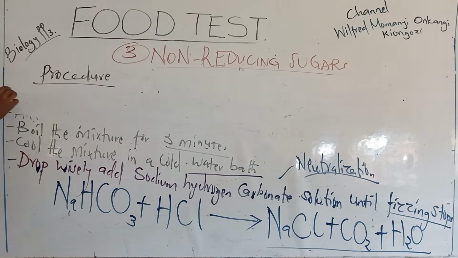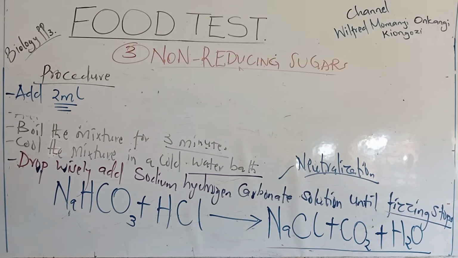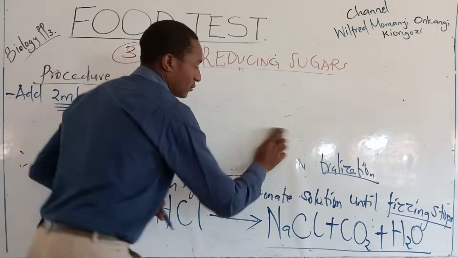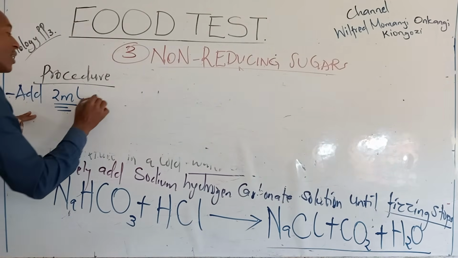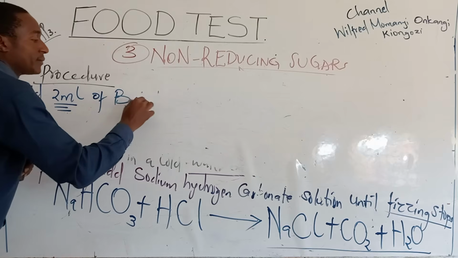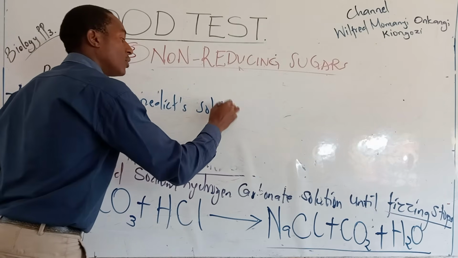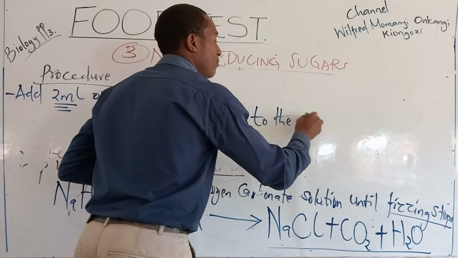So you add, now we are at Benedict solution. You add 2 ml. This is equal amount of Benedict solution to that of the food substance. We said when you're using Benedict solution, so add 2 ml of Benedict's solution to the mixture